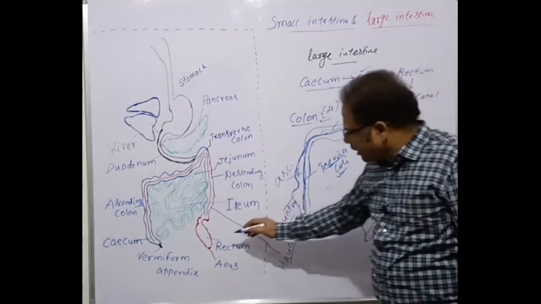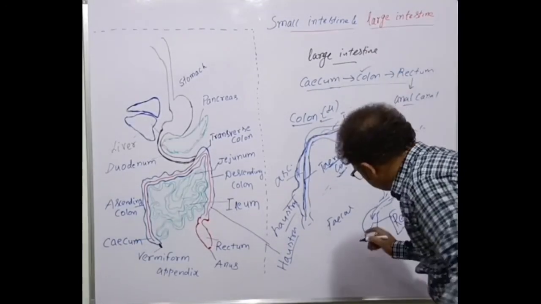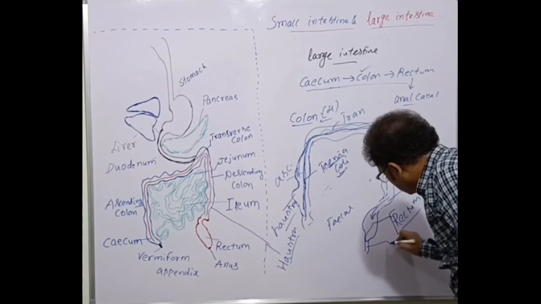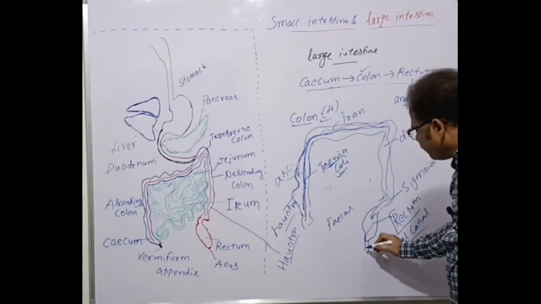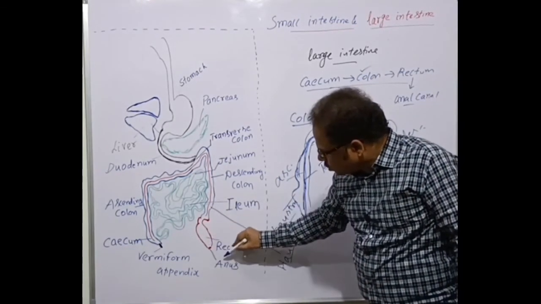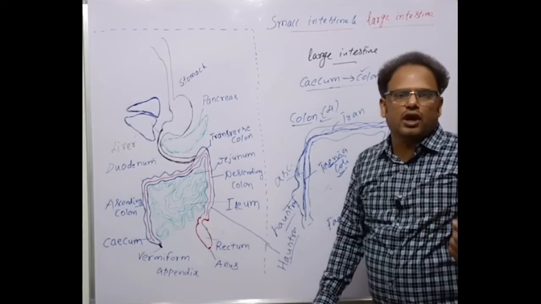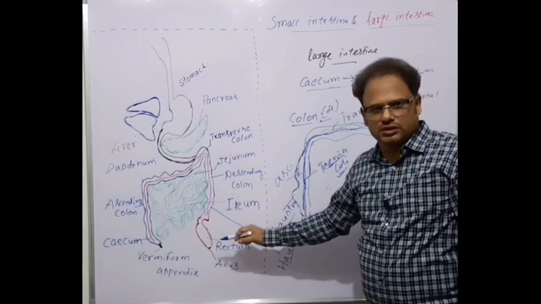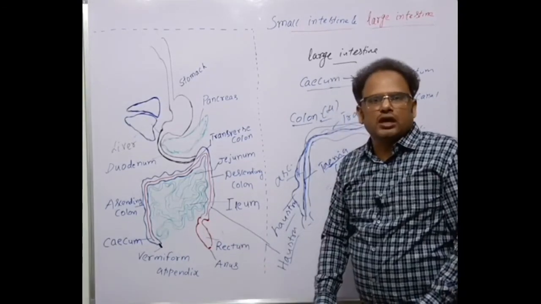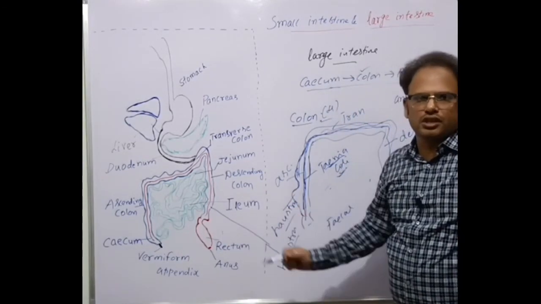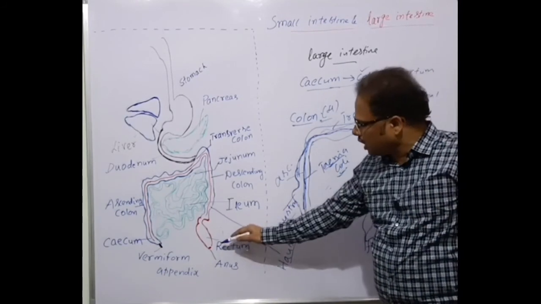And behind the rectum, what is present? I told you, the anal canal. The rectum is followed by the anal canal. So a smaller anal canal is formed here. This is called the anal canal. The rectum is continued behind as the anal canal, and the fecal matter goes out through the anus. The posterior opening of the alimentary canal is called the anus. The anterior opening, of course, is the mouth. So the fecal matter has to be discharged through the anus, and that's called ejection or defecation. Defecation is the process of release of the fecal matter.